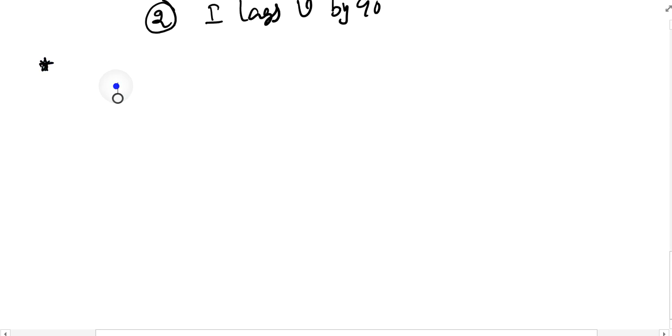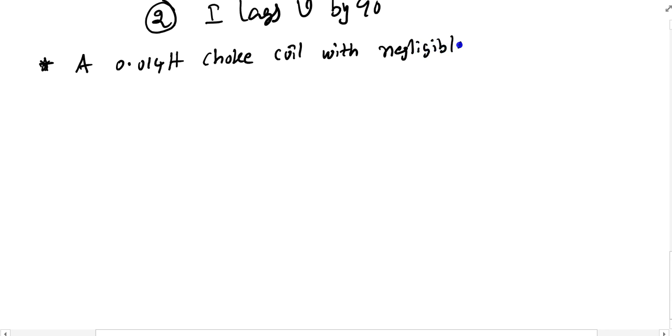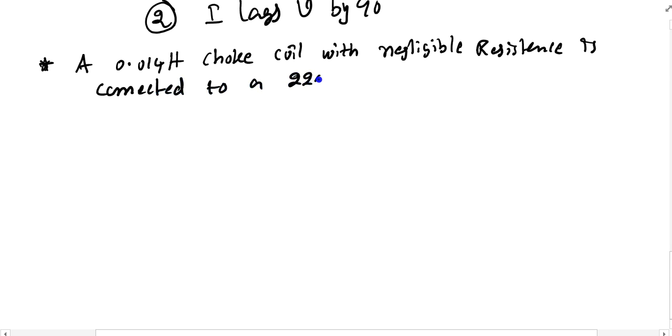A 0.014 henry choke coil with negligible resistance is connected to a 220 volts, 50 hertz supply. Then determine: